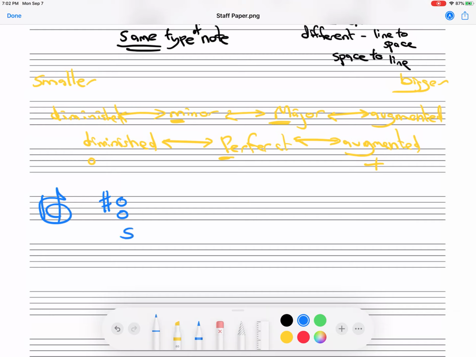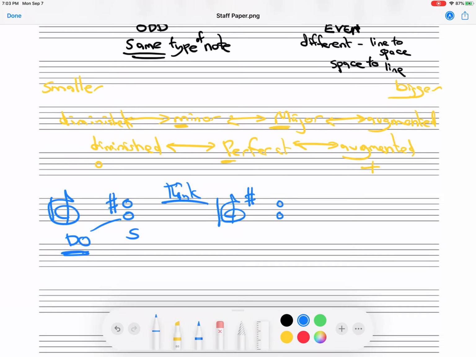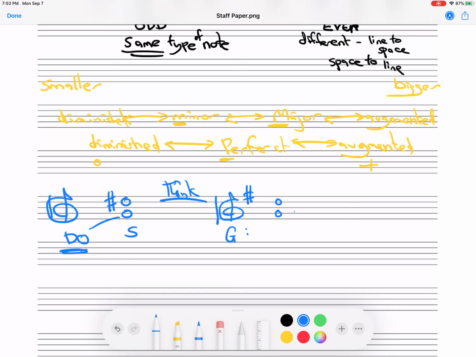I'm going to now think in the key of G major. So I'm going to treat this as Do. Whatever the bottom note is, I'm going to think in major. You're going to see why in 2 seconds. So this is what I'm thinking. G major. And now, if I think in the key of G, and this is do, and this is so, going back